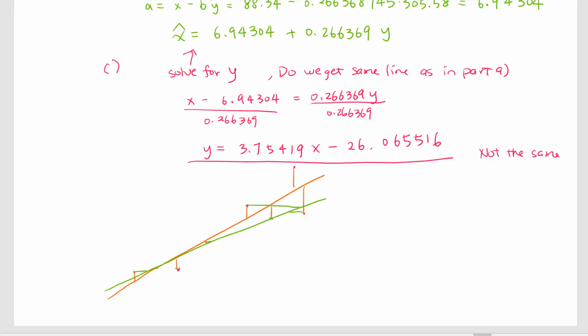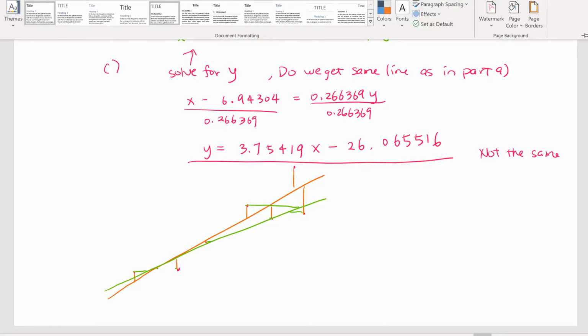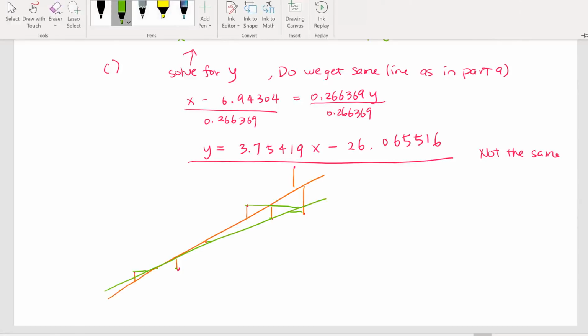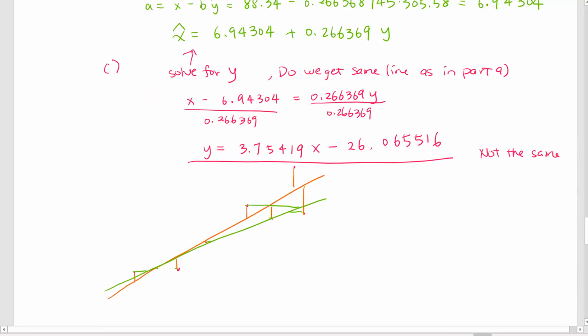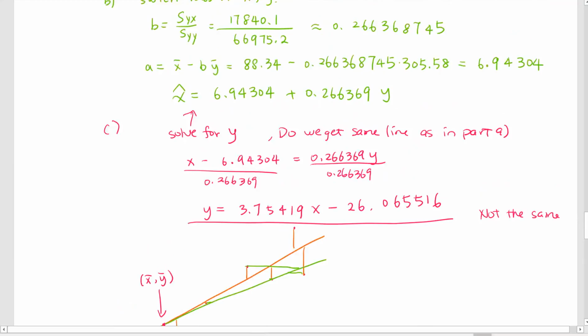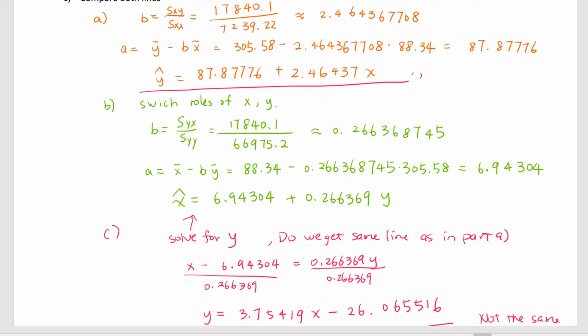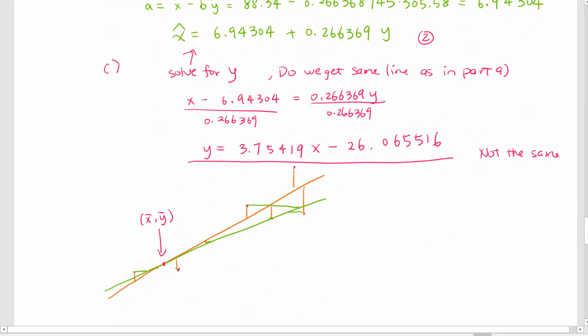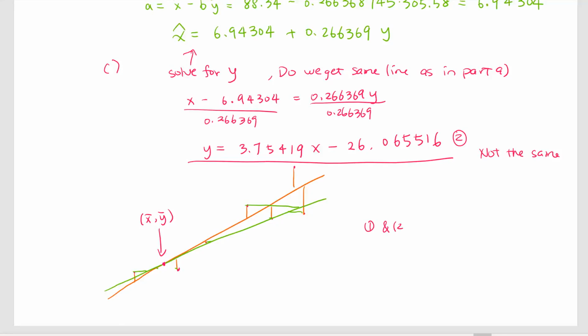Okay, everybody? But the two lines, they both pass through a point. So what is this point? They pass through the point x bar, y bar. Okay, so let me call this equation 1, and this guy equation 2. So 1 and 2 are different lines,